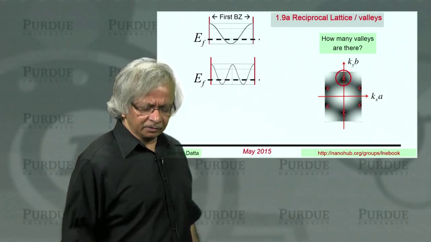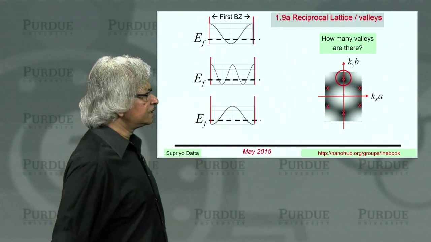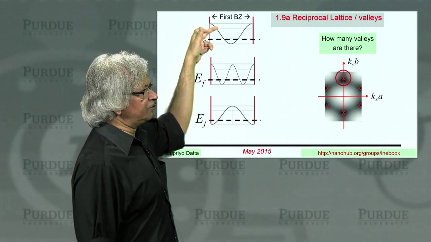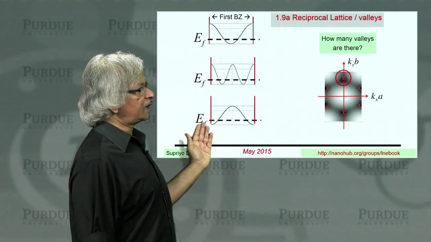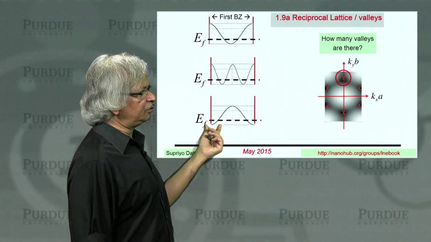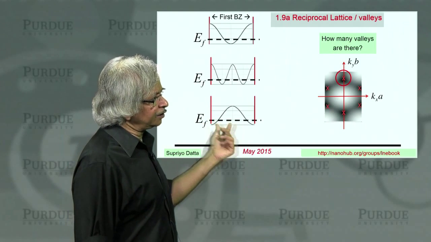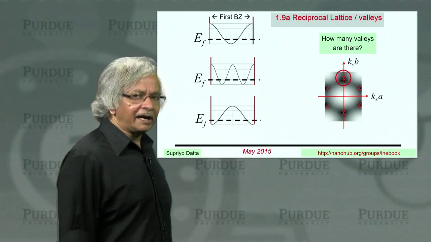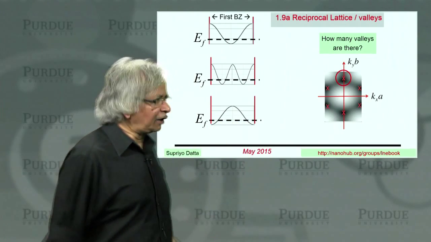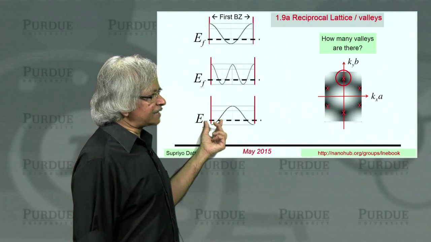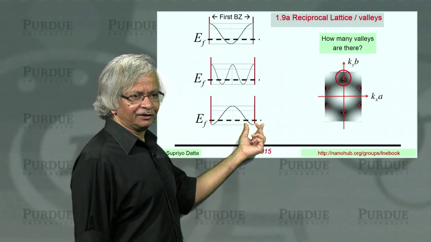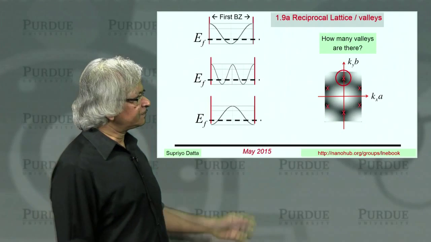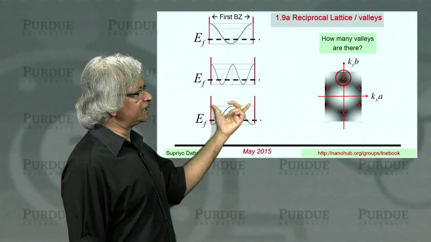Now, what might be a little more confusing is if you had an EK relation that looks like this. In other words, kind of the inverse of this. Have a Fermi energy here, and looking at it, you might think that there are 2 valleys, one here and one here, but actually it's really 1 valley. And one way to say it is, yeah, there's a half a valley here and a half a valley there. So overall it's 1.